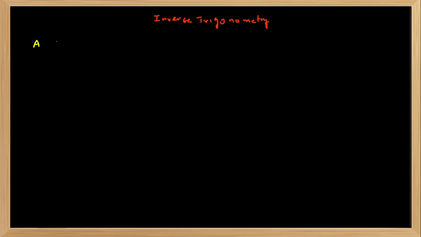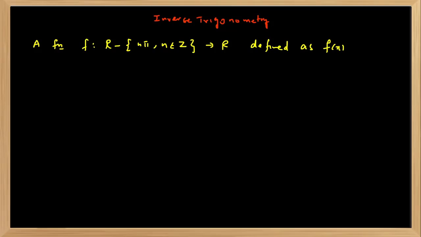A function f from R minus n pi, n belongs to Z, to R, defined as f of x equal to cot x is onto